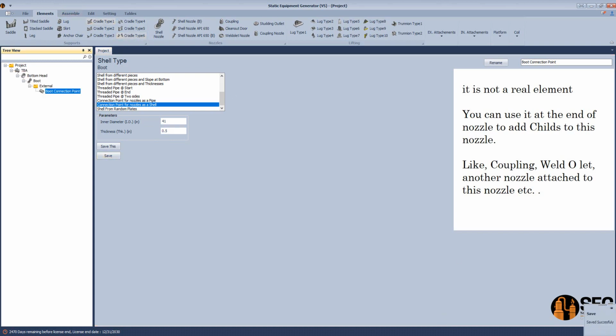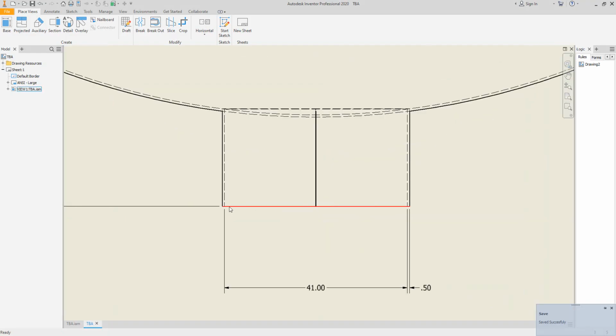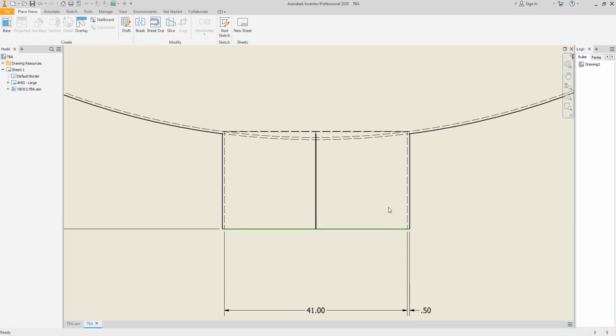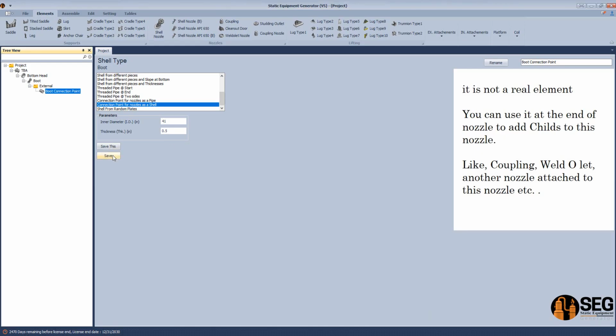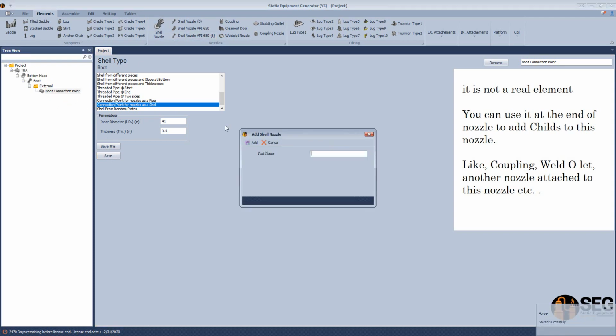Now we have an unreal element located here at the end of this nozzle as a shell with the same configuration of this nozzle, and we can use it as a parent element to add attachments to this imagine part. Now, after clicking on save, we can use this one to add the first nozzle, which is N1